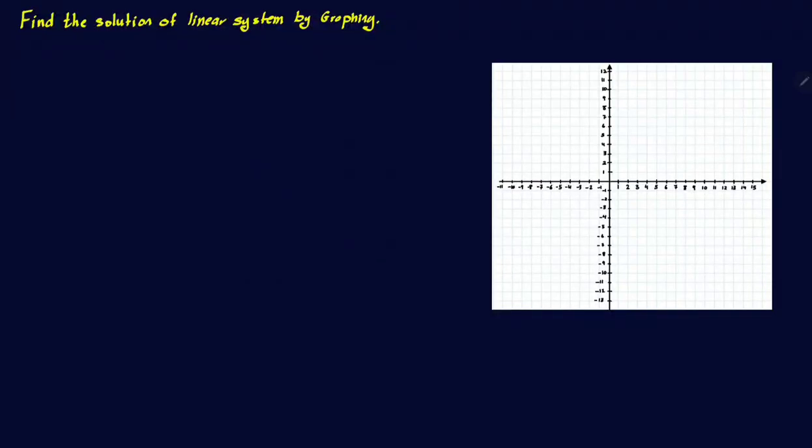In this video, we are going to learn how to find the solution of a linear system by graphing. As you see, we have here an example, y equal to 2x plus 1 and y equal negative x plus 1. As you see, this system includes two different linear equations. So to do this, first I need to graph each of the following lines individually, in which as step 1,